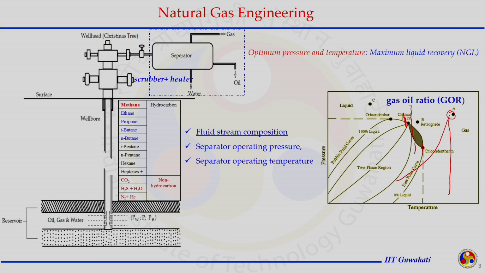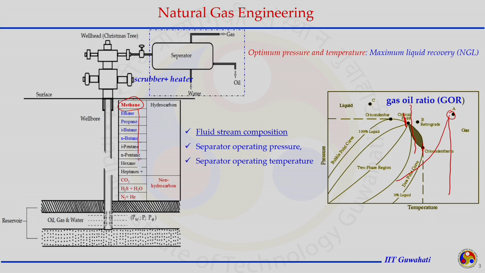Thus, it becomes important to know the composition of the natural gas that is being produced. We understand the natural gas composition is mostly dominated by methane. If it is a dry gas reservoir, then we have several hydrocarbon gases, some non-hydrocarbon gases, as well as liquid like H2O, which may be in the liquid or in the vapor phase, and some trace amounts of very valuable rare gases.